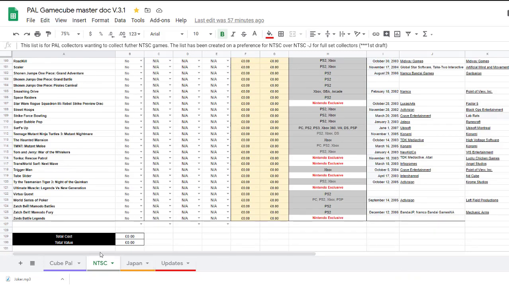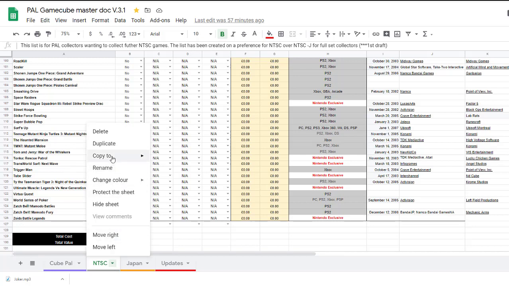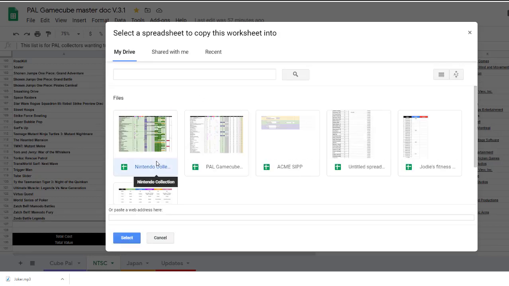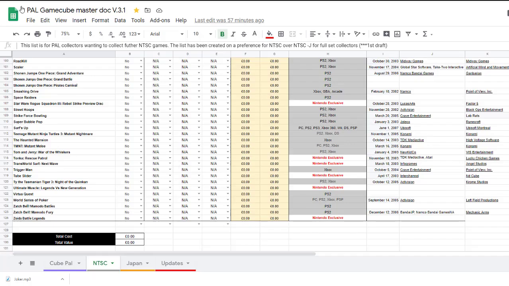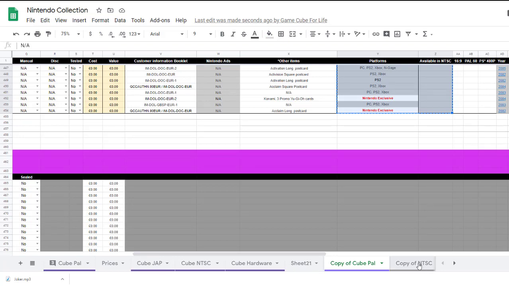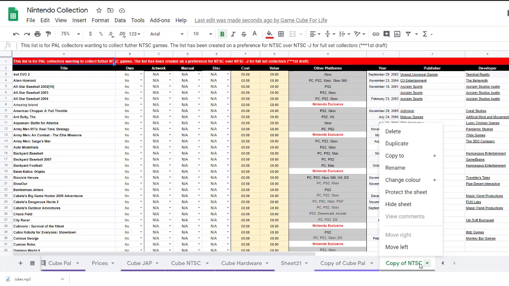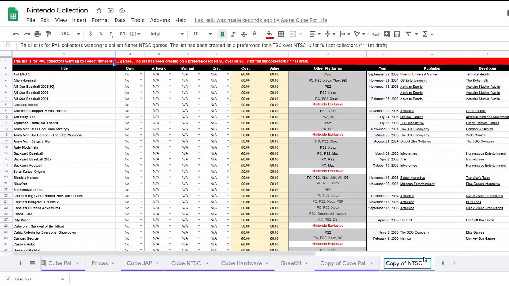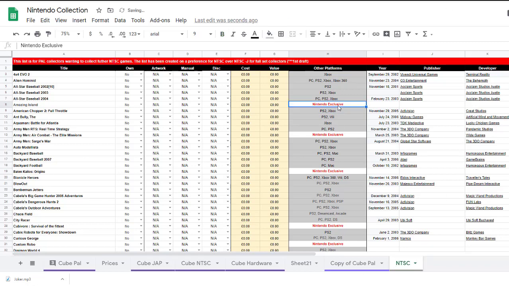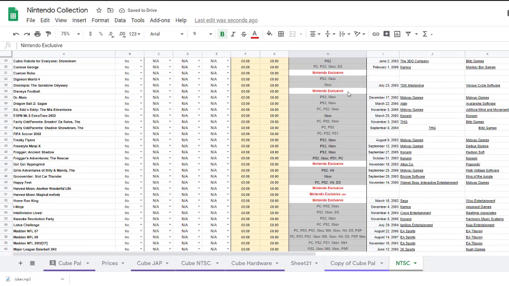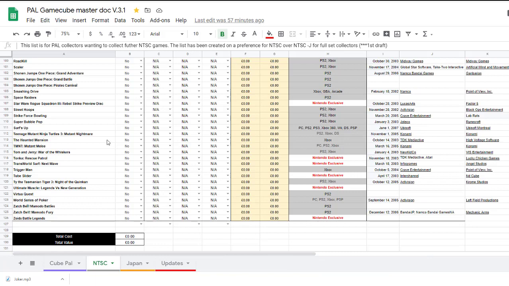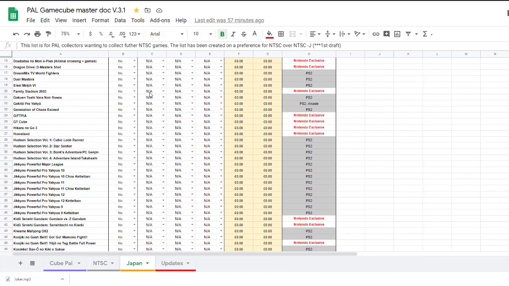124, and all you need to do, again like we did before, copy to existing spreadsheet and copy that in as well. And just like before, that will just appear, and you can rename it, because for you it's not a copy. And if you want to start collecting North American games, then you can do so. And again, I've put in the fact there were some Nintendo exclusives in North America, so you've got that information as well. And lastly, with Japan, now the problem you'll have with Japan is some of these games aren't